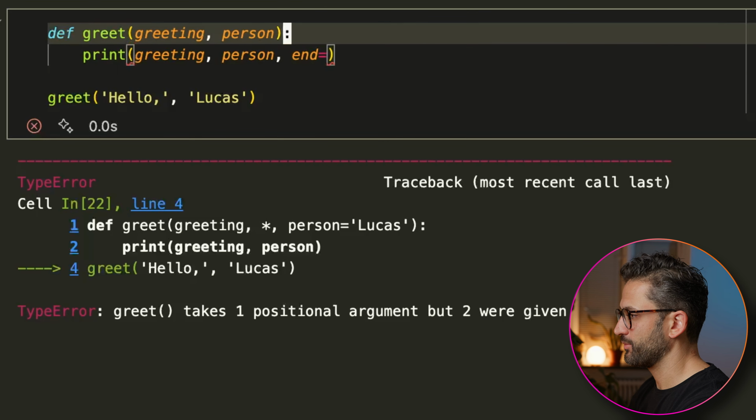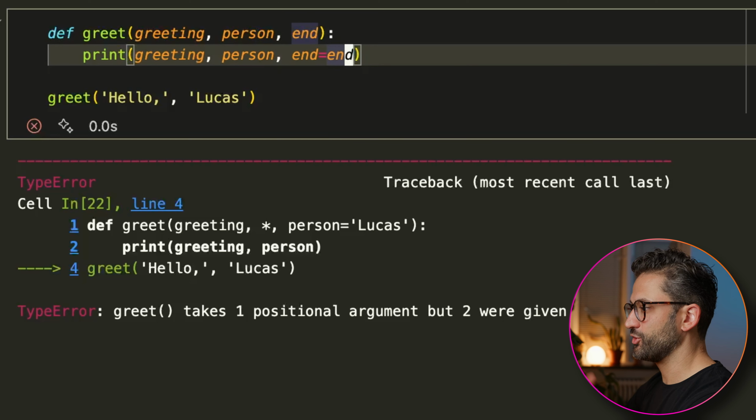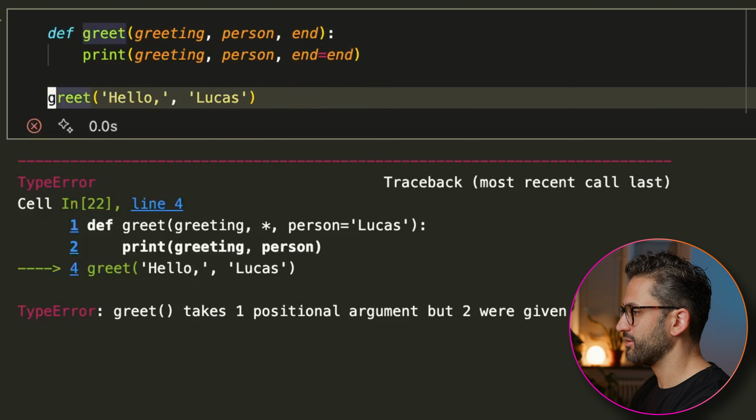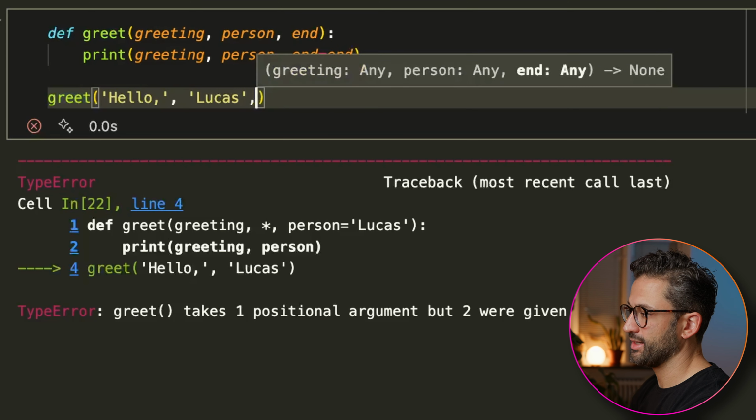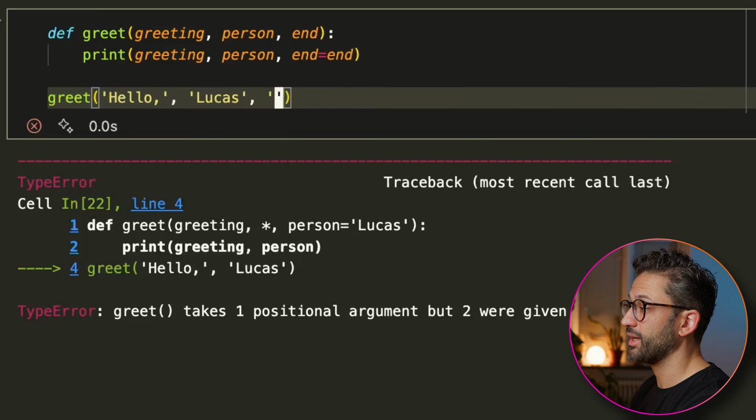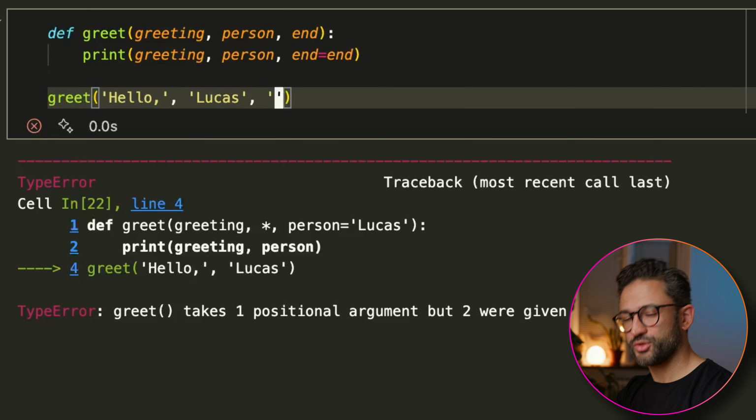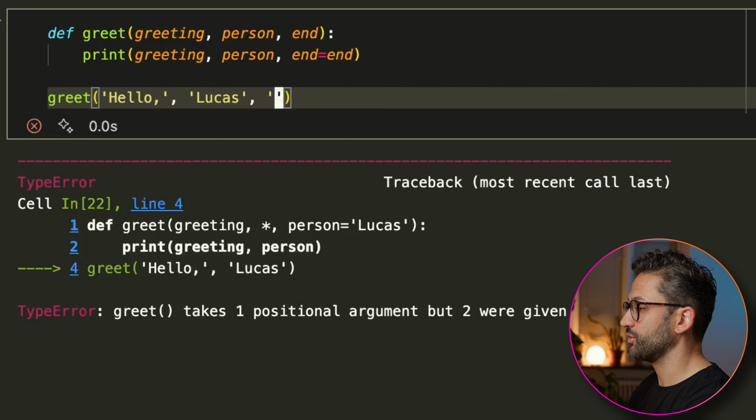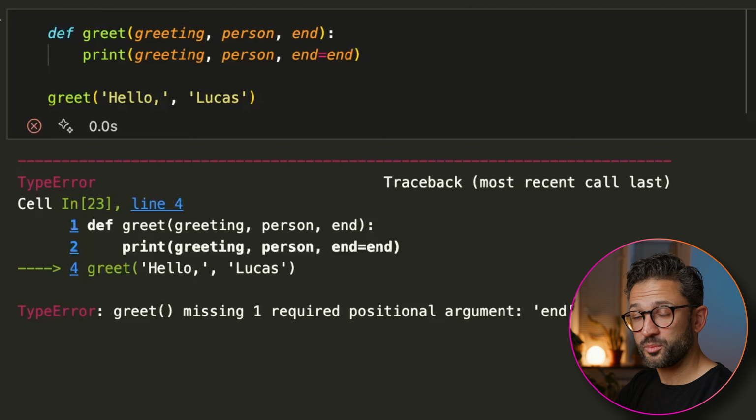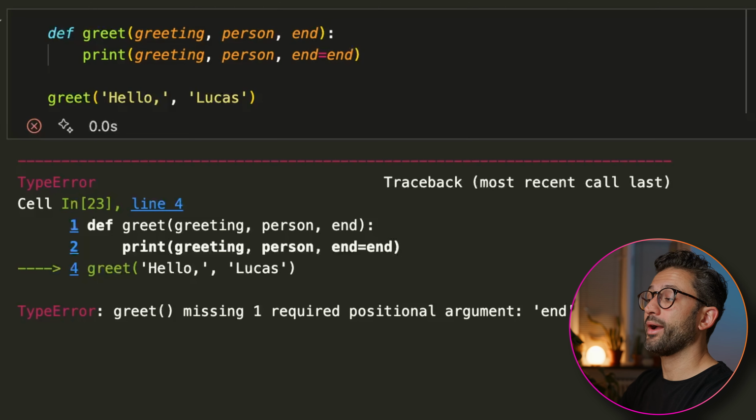How do we do that? So we could add an argument end here and then pass the end to the end. So now the user can define an end here. And let's say that they want the end to be an empty string. The problem is that if I add an extra positional argument, I am changing my function definition. So users that do not add the end are going to have a problem because they're not sending that required